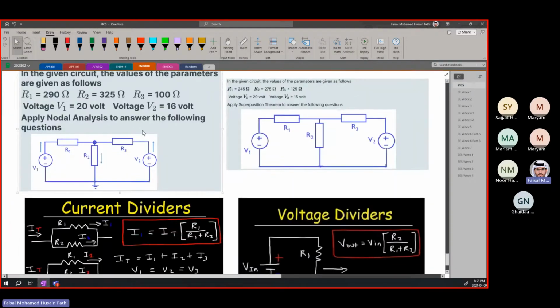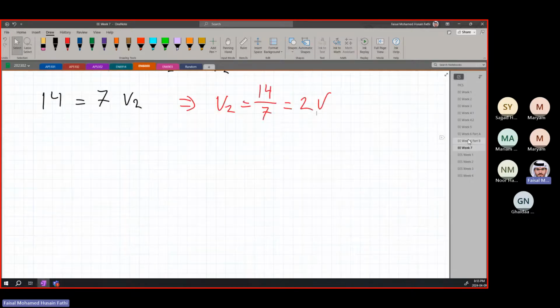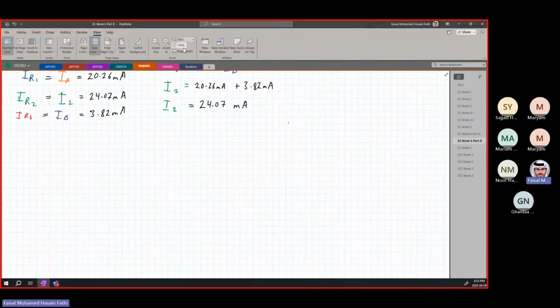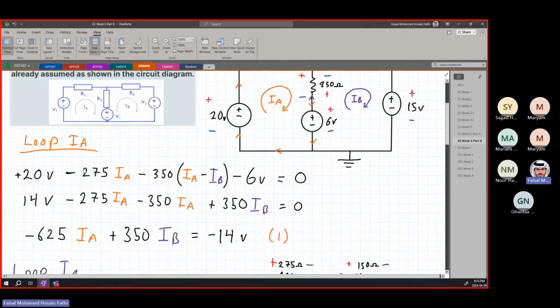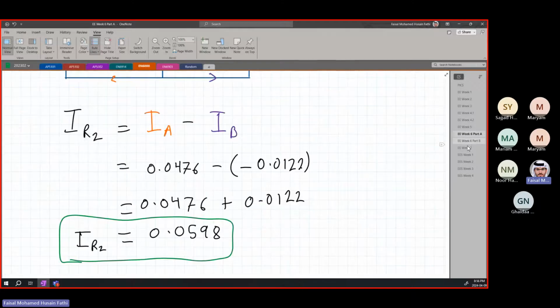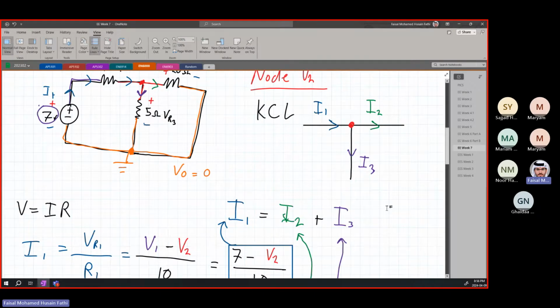Week 7. Okay, so this is what KCL is. Earlier we were using KVL for mesh. Here we are using KVL for the loops. We are putting voltages and doing IR, IR, IR, and voltages. Here we are going to be doing nodal. So we're going to be dealing with current. I1 is equal to I2 plus I3,